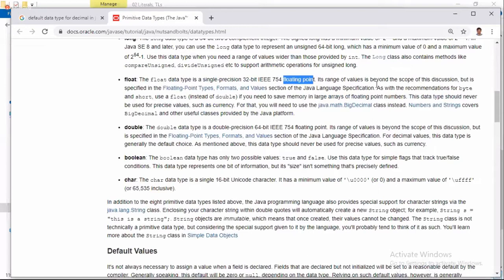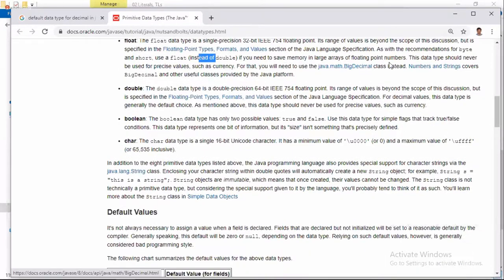Its range of values is beyond the scope of this discussion, but it is specified in the Floating-Point Types, Formats, and Values section of the Java language specification. As with the recommendation for byte and short, use a float instead of double if you need to save memory in large arrays of floating point numbers. This data type should never be used for precise values such as currency. For that, you will need to use